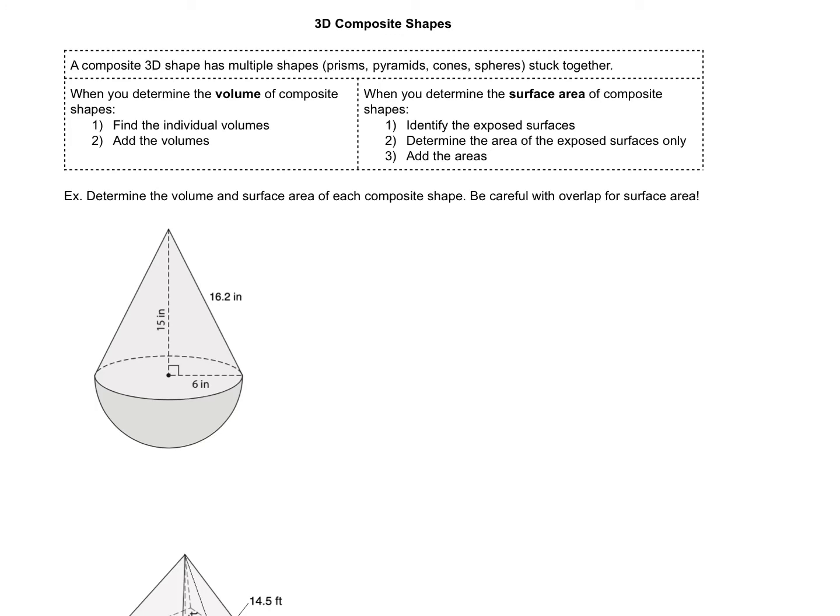In this video, we will be looking at how to find the volume and surface area of three-dimensional composite shapes. So first of all, a composite shape is just made up of multiple shapes stuck together. So you could have prisms and pyramids, cones and spheres, shapes cut in half. So to find the volume, you'll just find the individual volume of however many shapes you have and then add